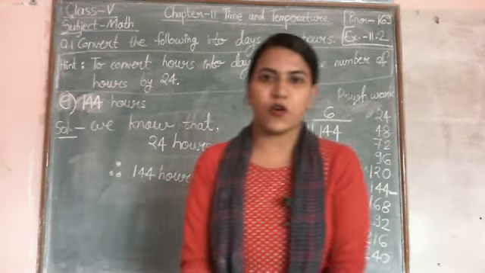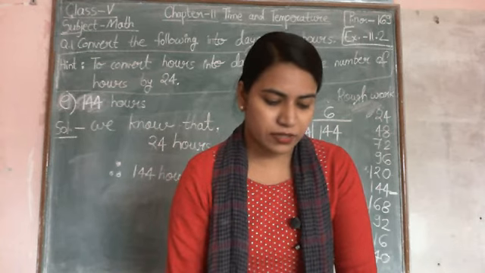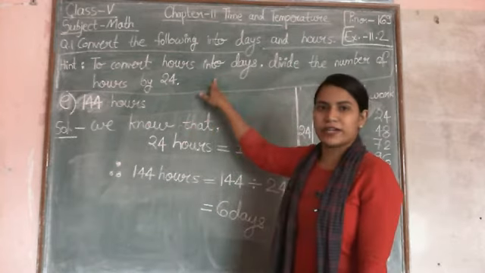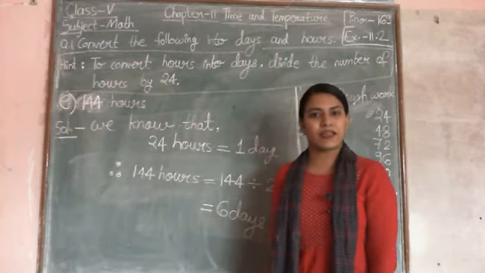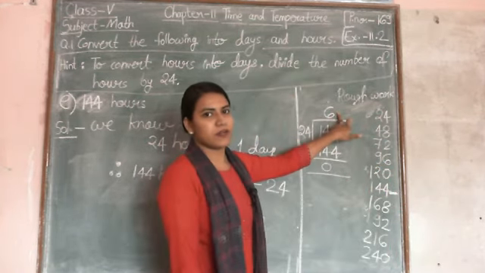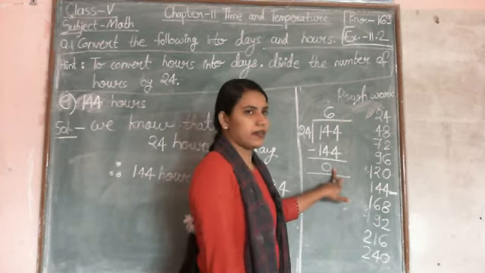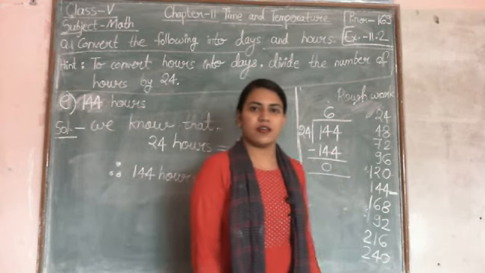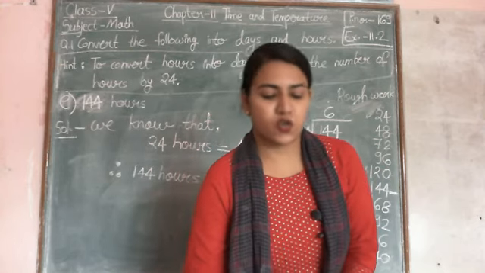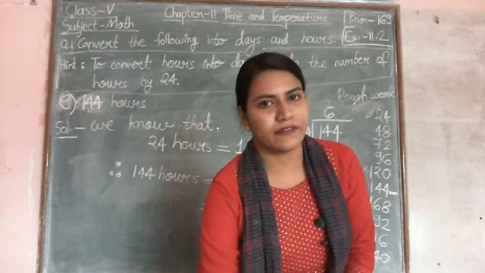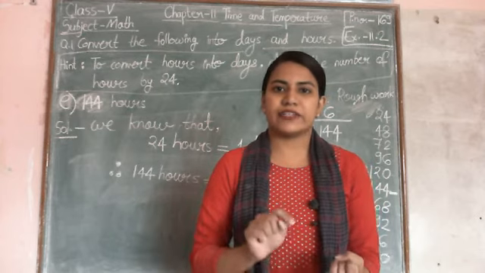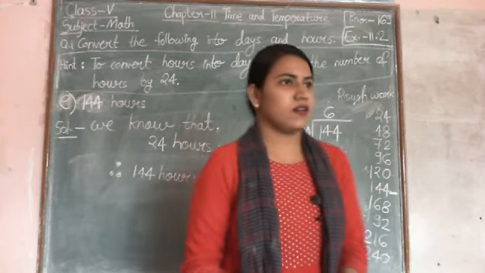Okay, I hope you got the concept of how to convert hours into days and hours. One more time I am recalling the hint. To convert, what we do, we divide the given number by 24 and we get our answer. The number in the quotient part will be your days and the number in the remainder part will be your hours. Okay, so this is how you will solve all the remaining questions of question number 1. I have solved 5 for you. Now the remaining questions you will solve by yourself and check your answers from the back of your book.